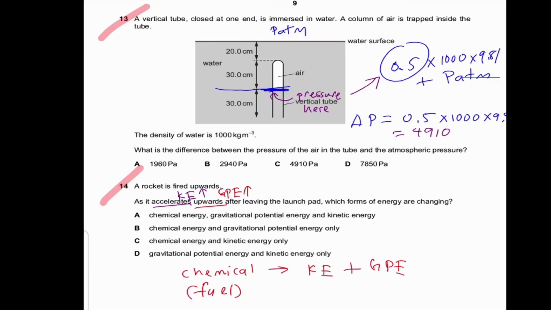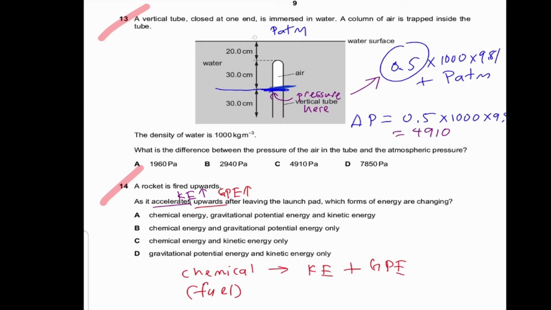Now for question 13, if you want to see the difference in pressure of the air in the tube and the atmospheric pressure, you need to find the pressure at this point here first. The pressure at this point is the total atmospheric pressure on top plus the hρg of the water. So that is your total pressure at this point here,